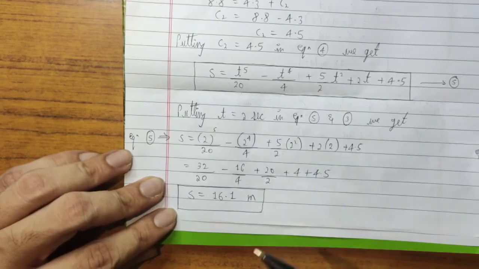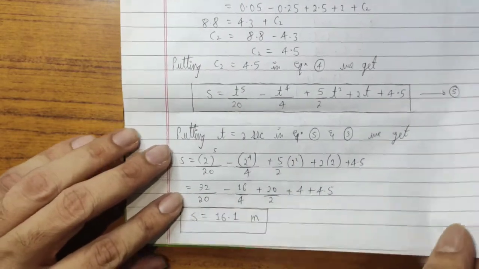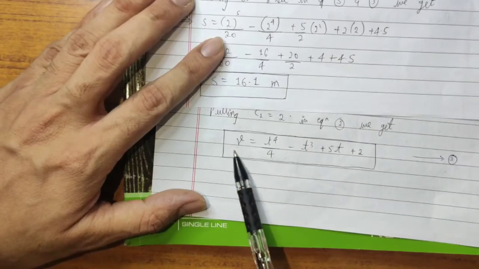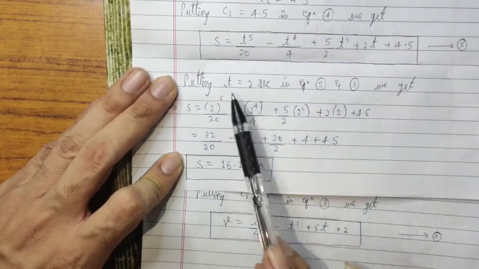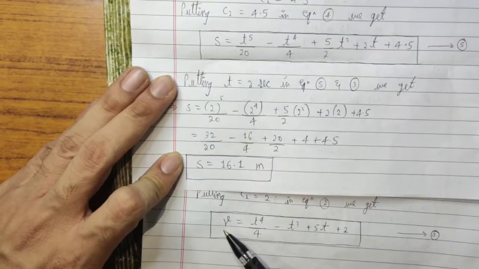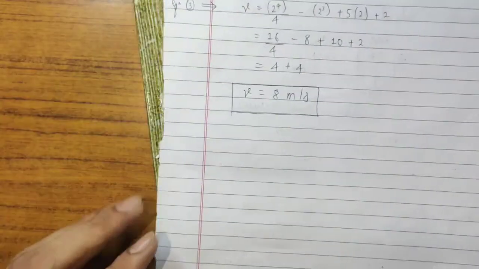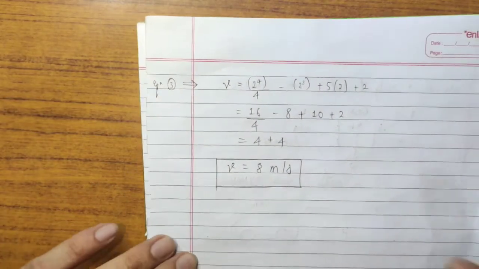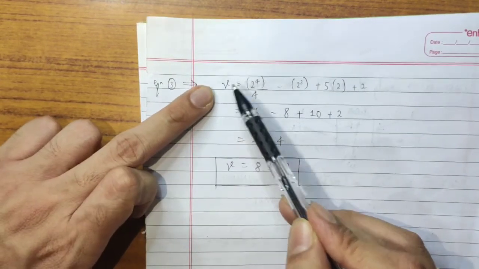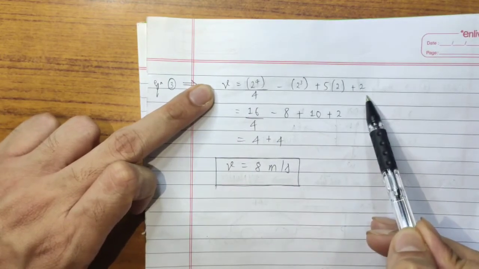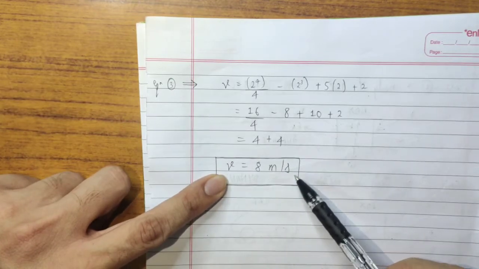Again you have to find out the value of velocity when time is 2 seconds. So what is the equation for velocity? You have calculated it here; this was the equation of velocity. In this equation, if you substitute the value of t is equal to 2 seconds, you will get the value of velocity. So you have substituted t is equal to 2 seconds in the equation of velocity, and it will be this equation. Again, if you simplify this equation, you will easily get the value of velocity. It comes out to be 8 meter per second.